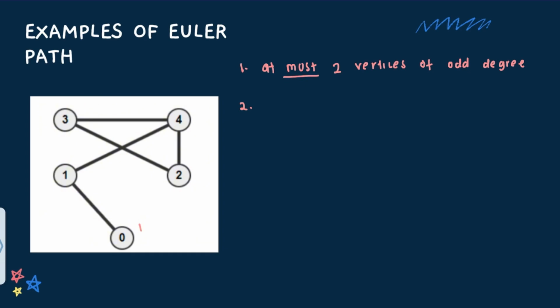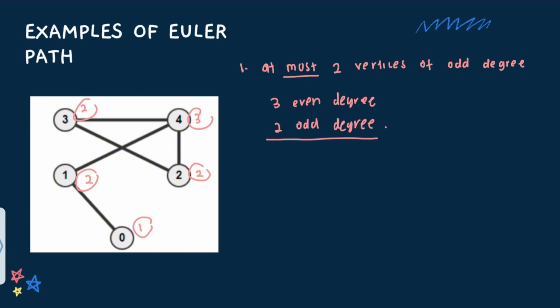So this has degrees 1, 2, 2, 3 and 2. As we can see, there are 3 vertices with even degree and 2 with odd degree. So this is an Euler path because it has 2 vertices with odd degree. So yeah, this does have an